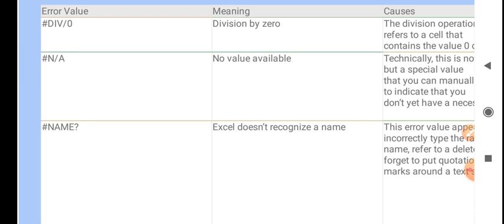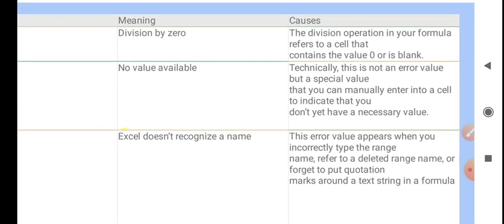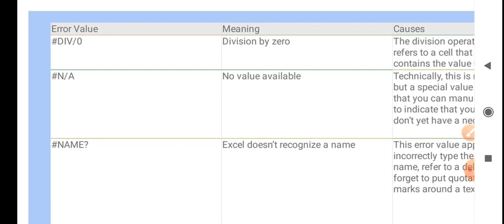#DIV/0 means division by zero. What causes it? The division operation in your formula refers to a cell that contains the value 0, or is blank. The second is #N/A, meaning data is not available.